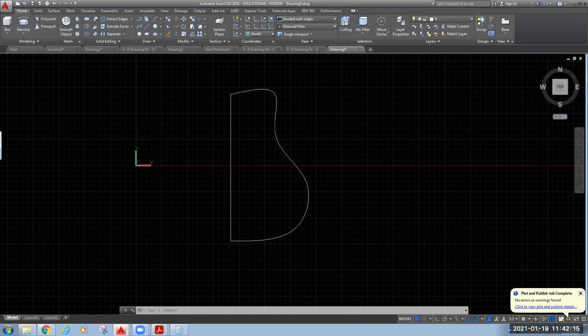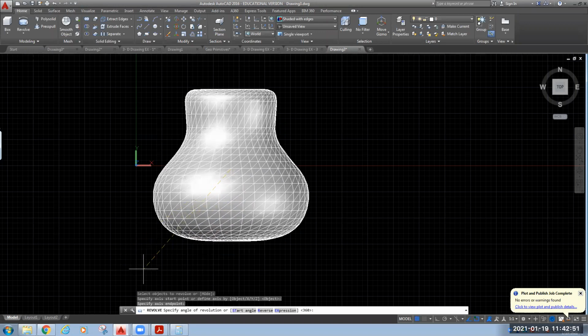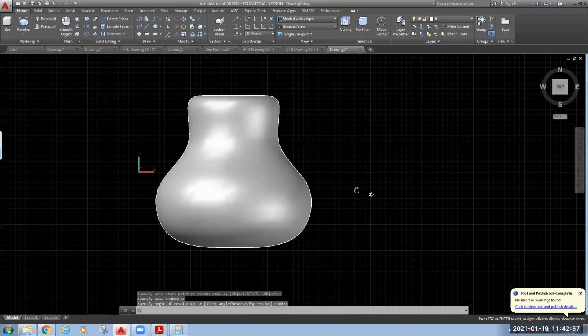Go for the revolve command. It is asking to select the object you want to revolve. This object I have selected, press enter. Specify axis start point. How will I define an axis? I can define it using one line. A line has one starting point, so this is my starting point, and specify the axis end point. You can see in the command line, this is my end point. Now the angle of rotation, I want 360 degrees. Now press enter. Now if you see or rotate this object,